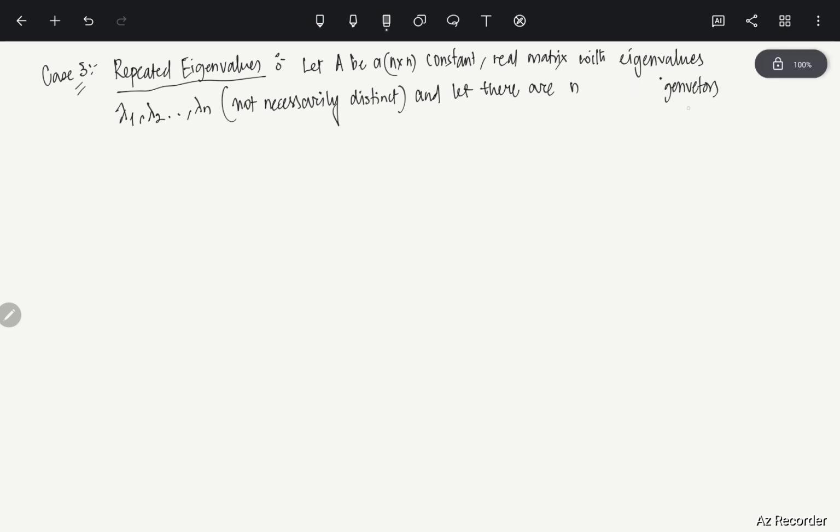Okay, I should write it this way: linearly independent eigenvectors given by v1, v2, vn. Clear? Then